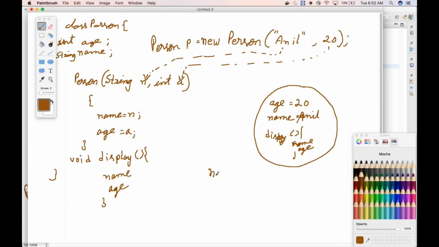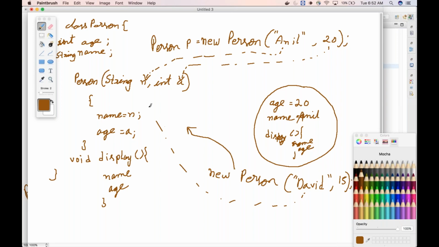Similarly, if I create a new person with David, comma 15, again the same constructor is going to be called. So this time, what will be passed into N? David. What will be passed into A? 15. So now when this object gets created,